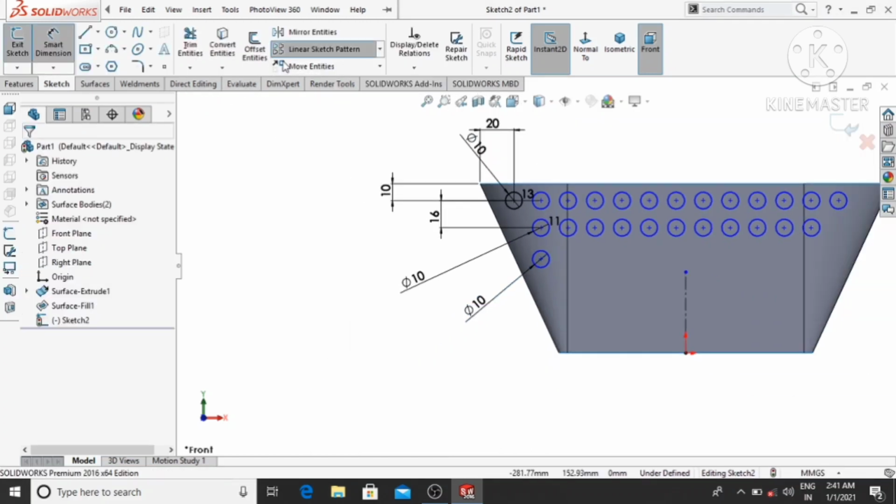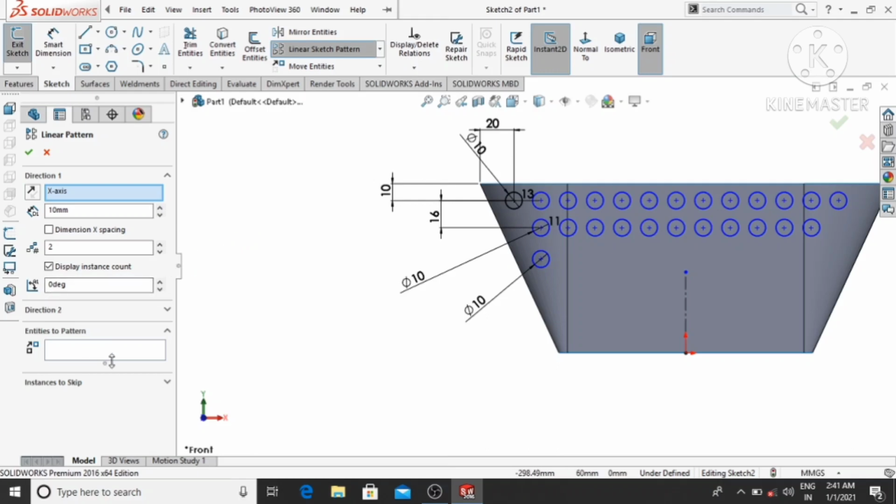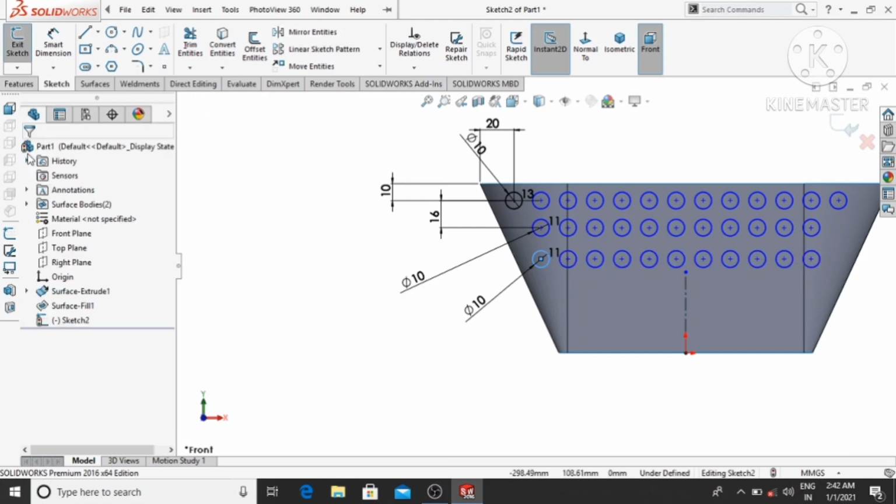Select linear pattern. Here we select this circle. Then OK.